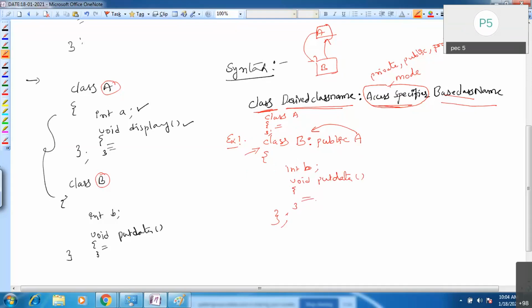Okay, this is the way you can apply this inheritance concept in C++. Whatever members you have inside class A are all visible inside this particular class B. You are just extending, or deriving, class B from class A. This is the syntax you can use in C++ for deriving a class from another class.